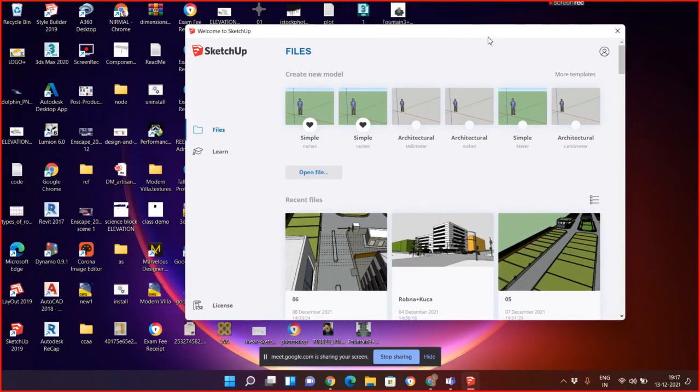Welcome to the new designing world, the new modeling world, and that's called SketchUp. SketchUp was initially just for navigation, like Google Earth. People were just using it to navigate the home. It's just kind of box, circle, sphere. But time by time, technology is going up, and now in these days, this application is one of the most popular applications for interior designers and architects. In fact, for civil design.